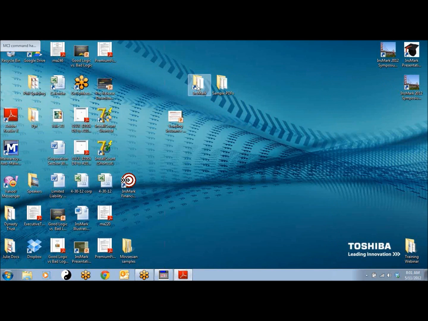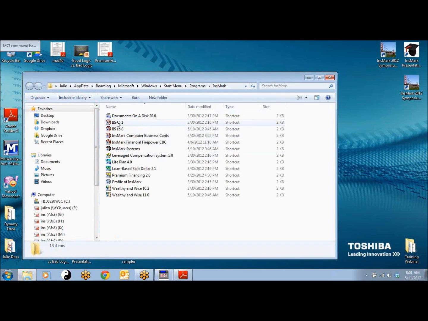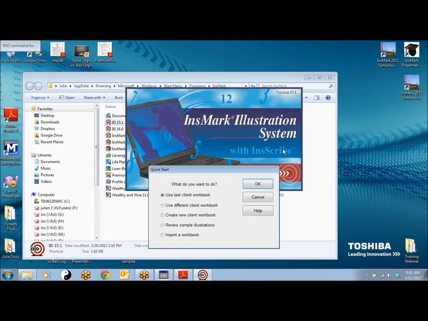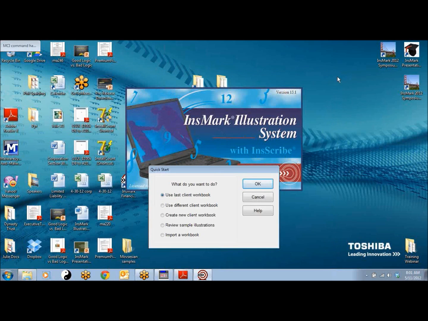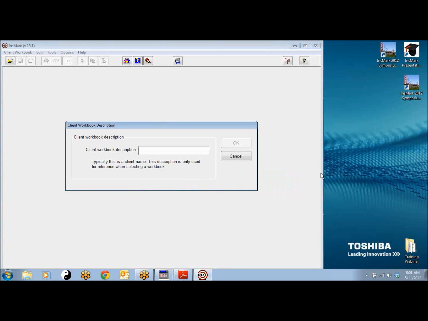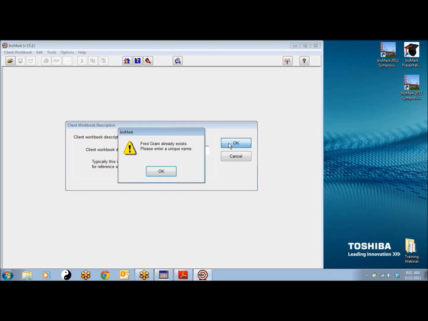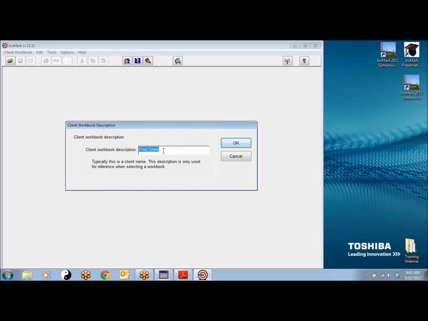Next, I'm going to open my InsMark system. This is the program that I'm using, InsMark Illustration System. And I'm going to click on Create a New Client Workbook, and click OK. And you need to give it a name. This is normally the name of the insured or the client. So I'm going to call him Fred Grant. And then click OK. Oops. I'm going to call him a different name then. How about